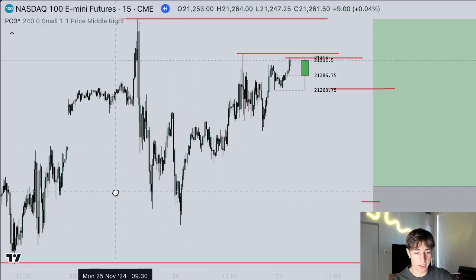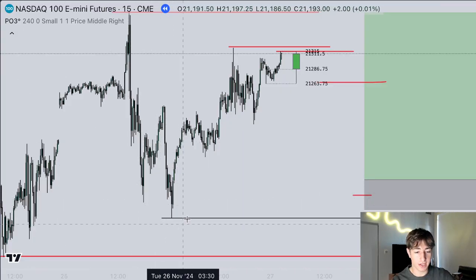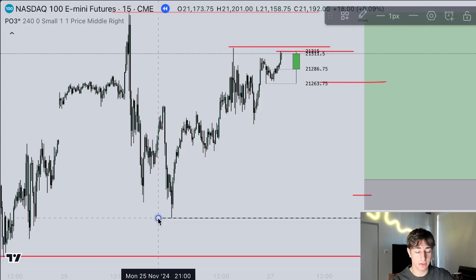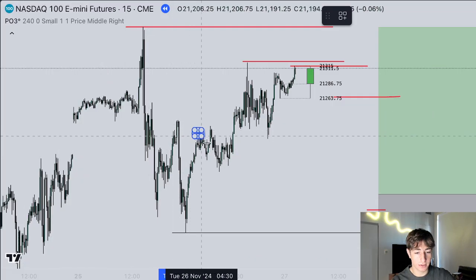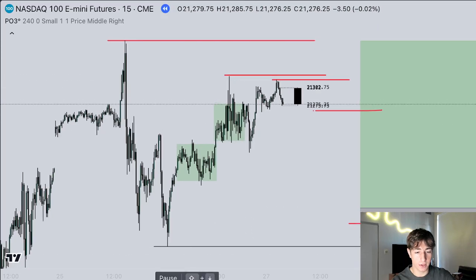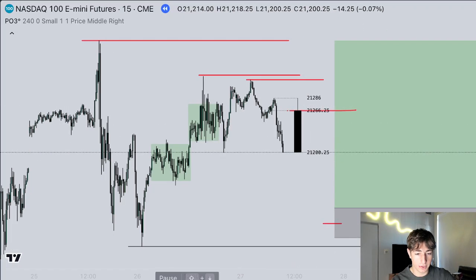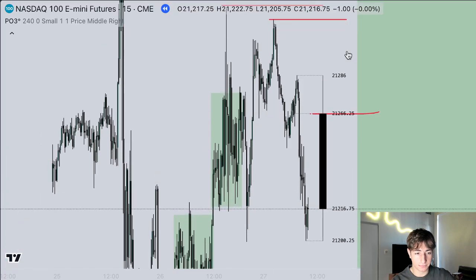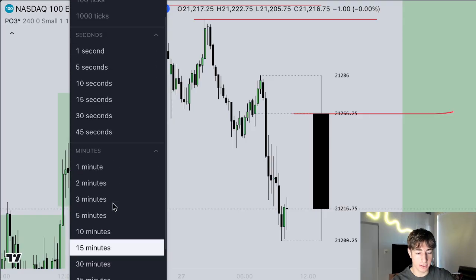So we have our sell side curve here. What's the bottom of that sell side curve? This external low. So this external low is going to be our final draw on liquidity. So there we have an accumulation period, another PO3 accumulation period, and then we have our reversal up there, okay? So what's going to be our first low risk entry? It's going to be this right here, that FVG retracement,